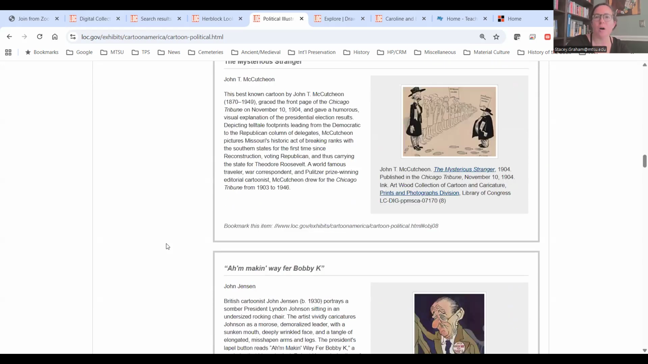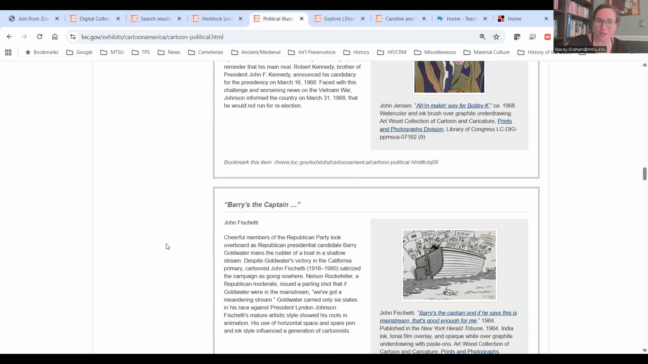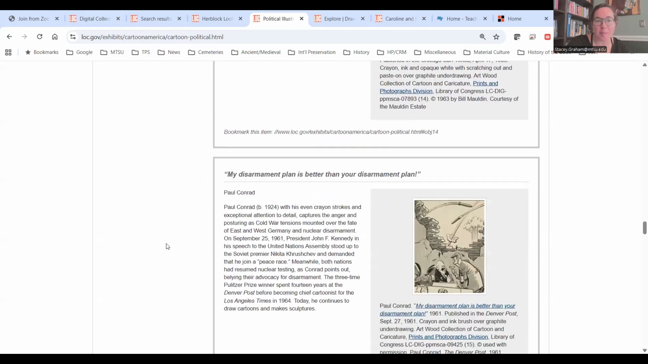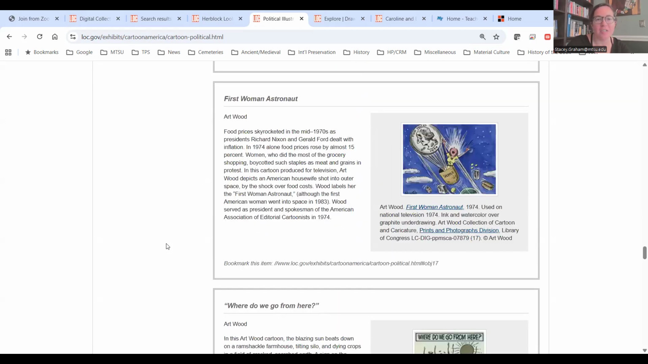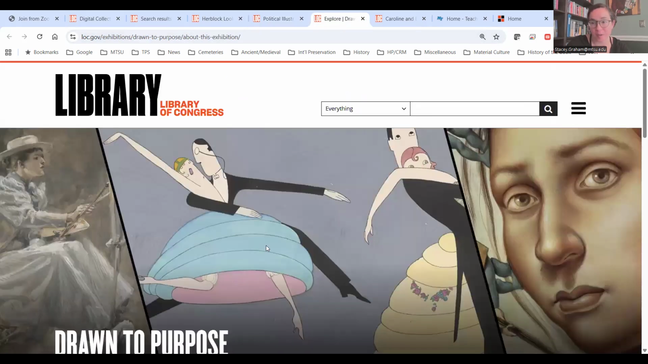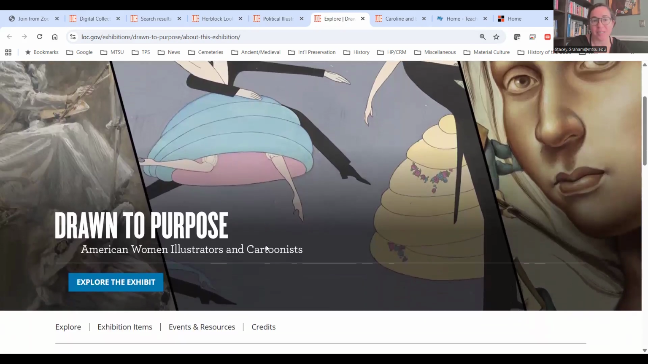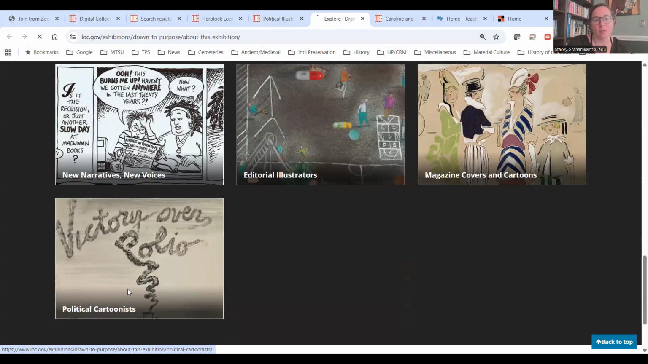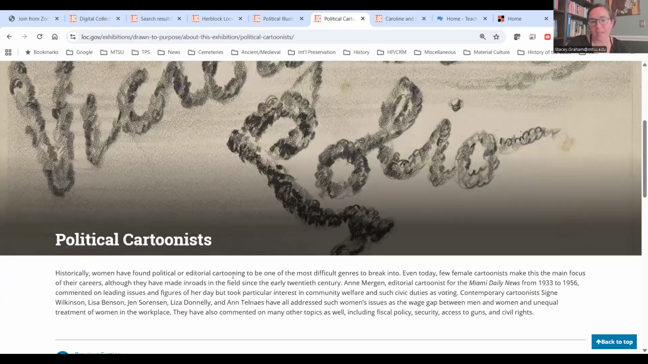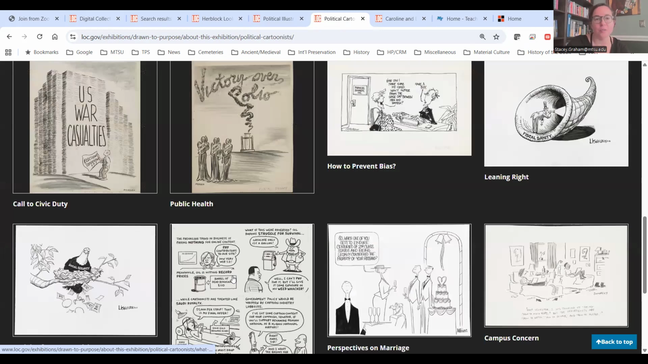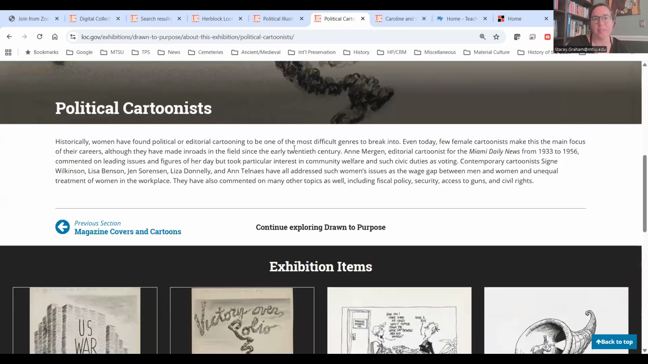And so a lot of the political cartoonists in America, at least, are men, but some of them were actually women as well. And there is an exhibition devoted to women cartoonists. It's called Drawn to Purpose. And there's a whole section in here on political cartoonists that were women. And this includes Ann Telnaes, Anita Kuntz, and other famous cartoonists who might not be quite as well known as